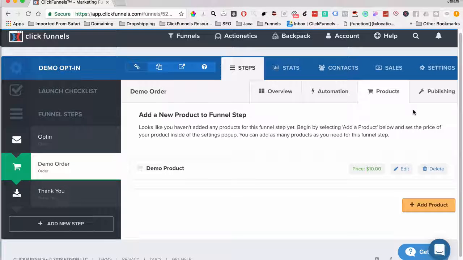And now you're probably wondering, how do you test this? How do you test it to make sure that it all works? So if you have an order form, what you want to do is go to settings,